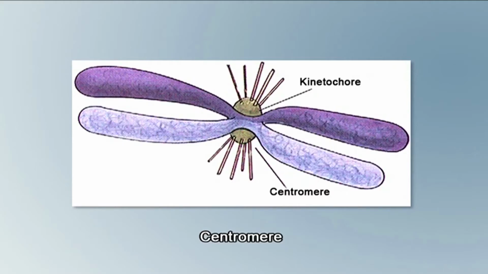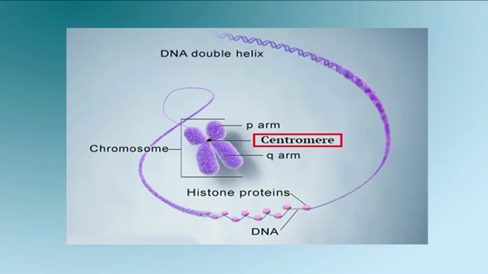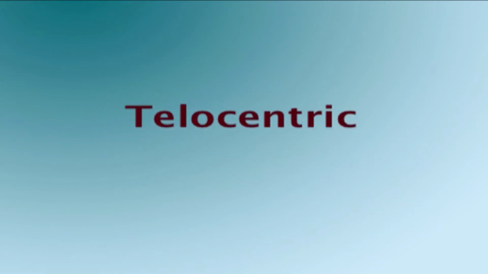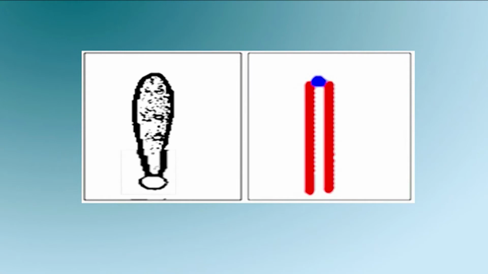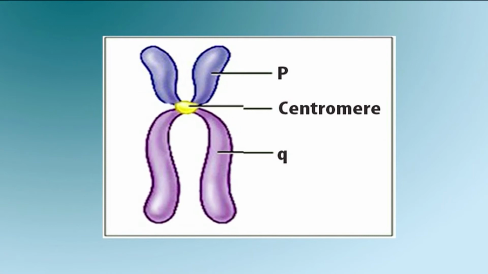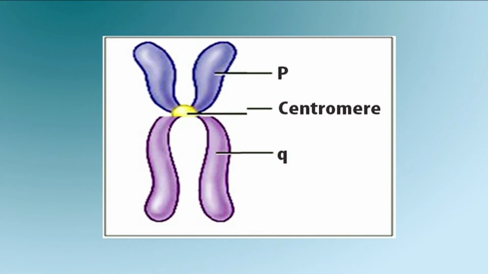The location of the centromere determines the relative length of chromosome arms. The position of centromere varies from chromosome to chromosome and it provides the following different shapes to the chromosomes: telocentric, acrocentric, submetacentric and metacentric. Telocentric. When the centromere is at the terminal or proximal position, the chromosome is called telocentric. The chromosomes are rod-shaped. Telocentric chromosomes are very rare. In telocentric chromosomes, one arm is very long and the other one is very short.